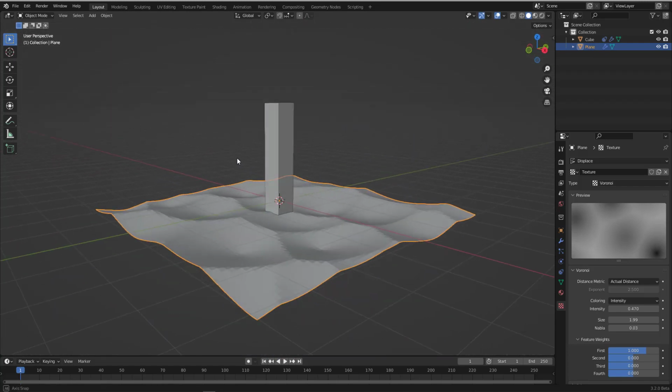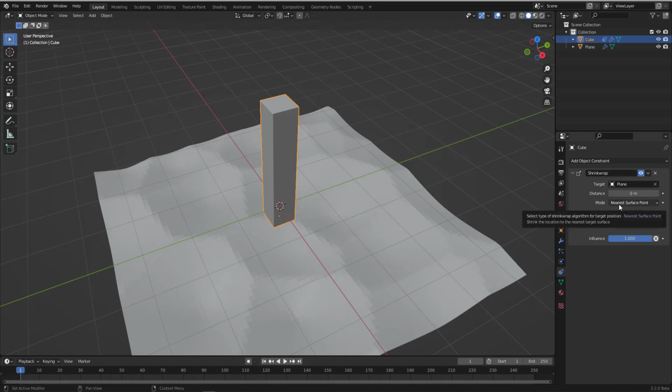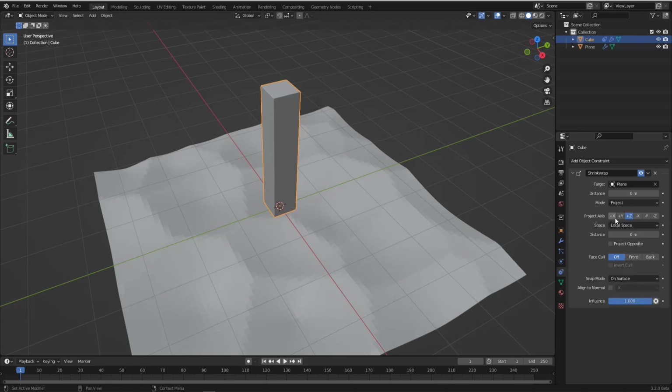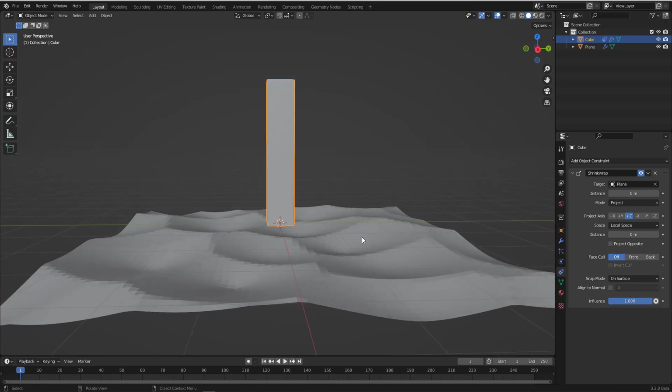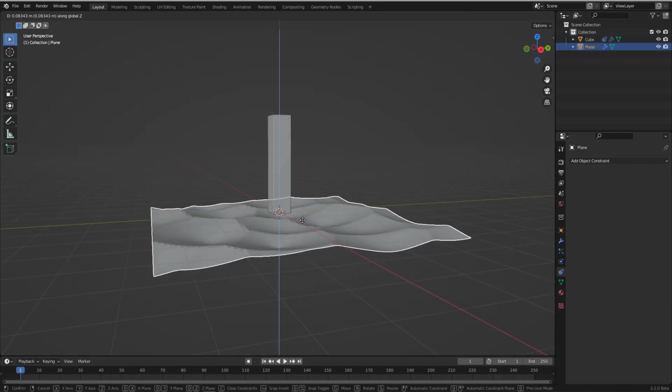I need the cube to go up or down. In this case, I can go back to the cube and go to the constraint and go to the Shrinkwrap option and change the mode from nearest surface point to project and choose the z-axis, project just to the z-axis. Now if I move the grid underneath this, let's move this up just a little bit,